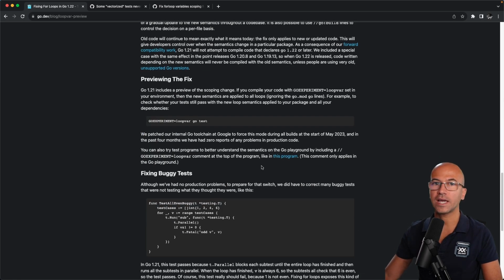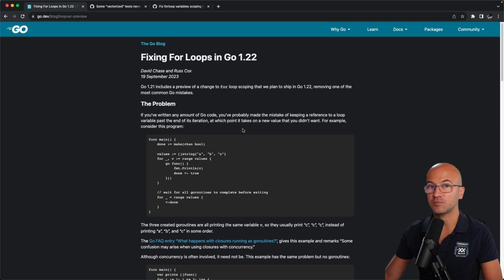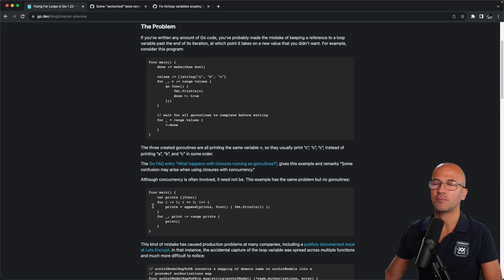Now, while I was reading this article, and again, here is me being a newbie to GoLang, I thought, okay, but how often can this really happen? Because truly, yes, mostly it's about concurrent code. It doesn't happen only with concurrent code, as this example shows, but I really thought to myself, what is the likelihood that I will stumble on this as I'm learning the language? Well, actually it is more common than you may think.